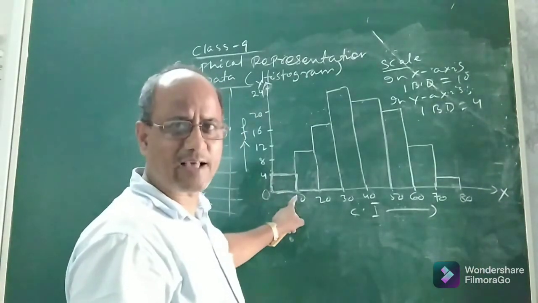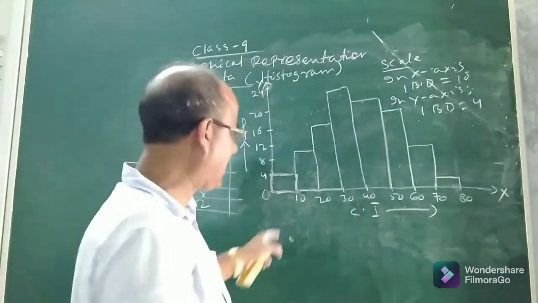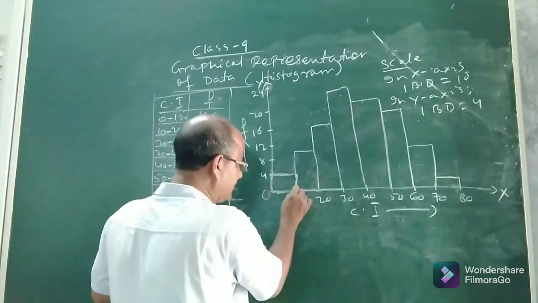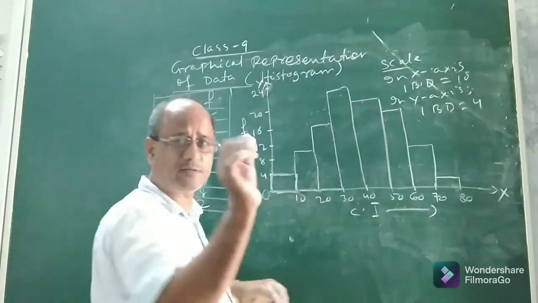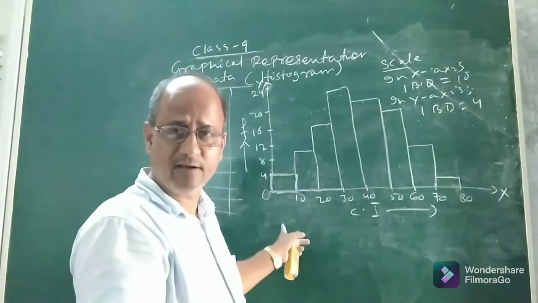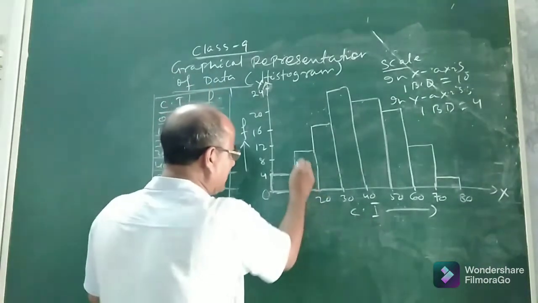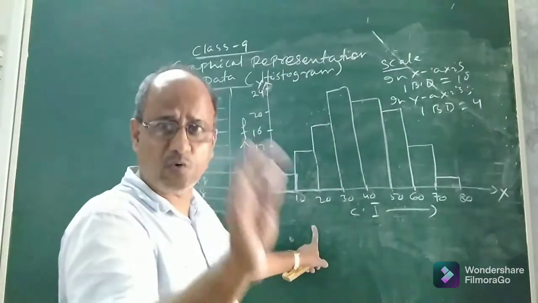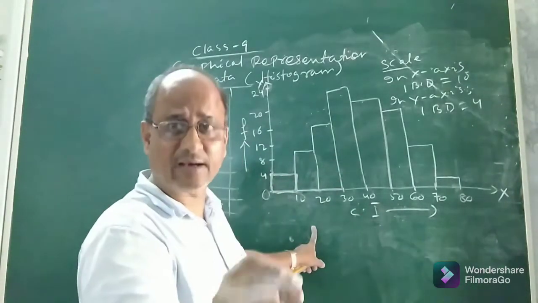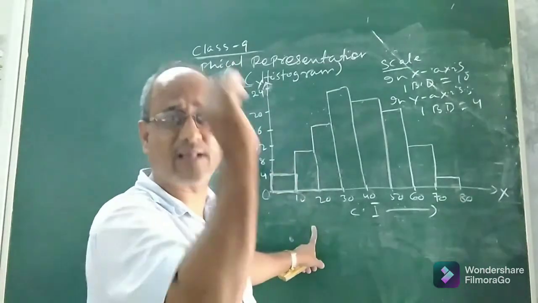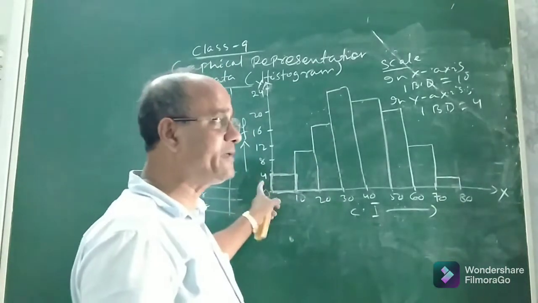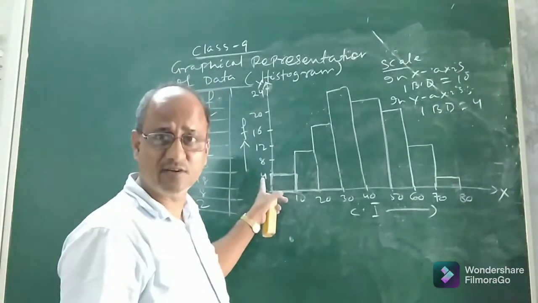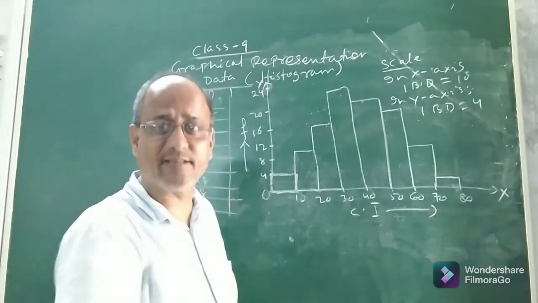See, what is the width or size of this class? 10 minus 0, it is 10, and this is the length. So this is the width, this is the length. The width is proportional to the class size, okay? This is a rectangle, this is the length, this is the breadth. Breadth means width. The width is equal to the class size. The width of each bar or rectangle in histogram is equal to the class size. And the length of each bar or rectangle must be proportional to the corresponding frequencies. So that is why we say it is a histogram.